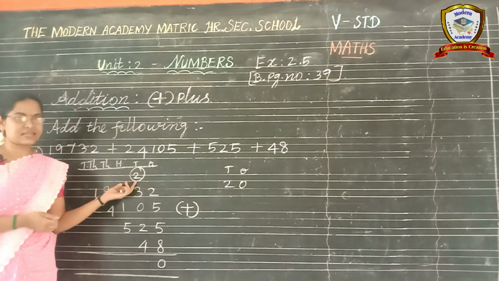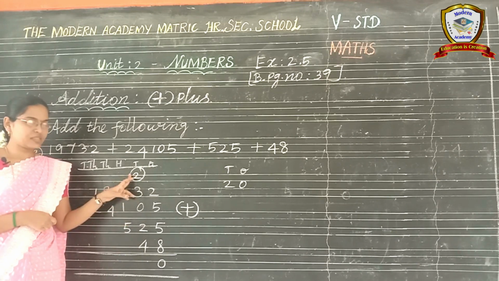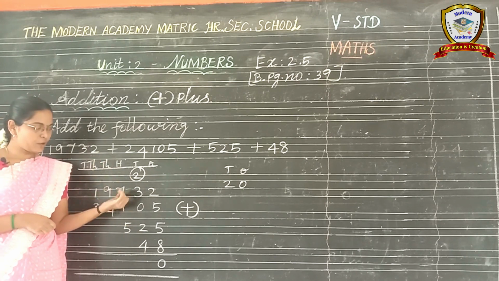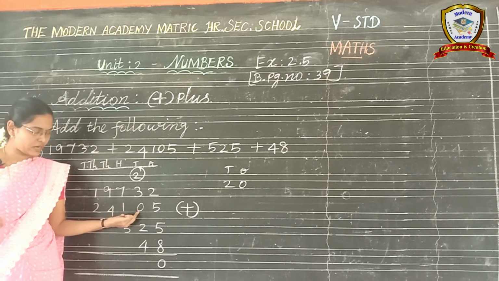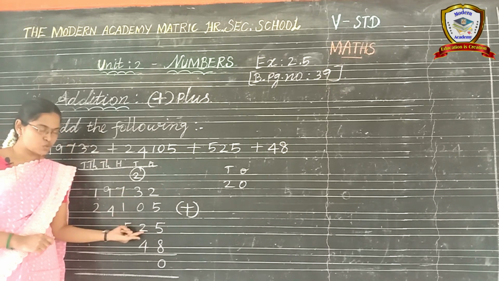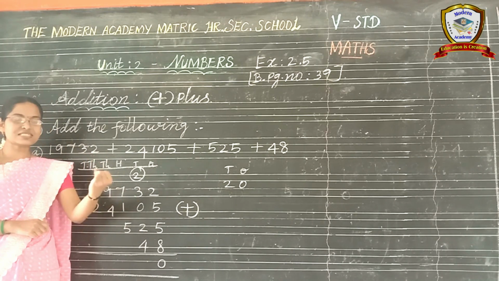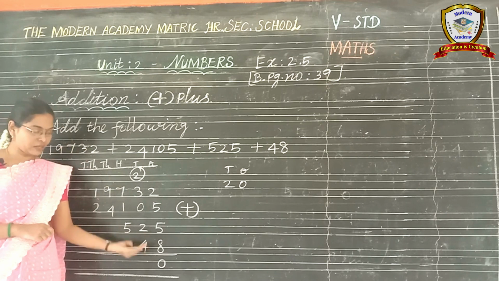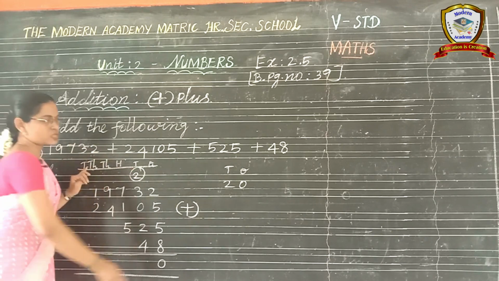Next, remaining number we can circle. Next, tens number you have to add. 2 plus 3, 2 in the mind, 3 in the fingers, 2 after, 3, 4, 5. Now 5 plus 0 we have to add. This one directly we can add. 5 plus 0 is 5 only. Now 5 you have to keep in your mind. 5 in the mind, 2 in the fingers. 5 after, 6, 7. Now 7 in the mind, 4 in the fingers. 7 after, 8, 9, 10, 11. So we get 11.